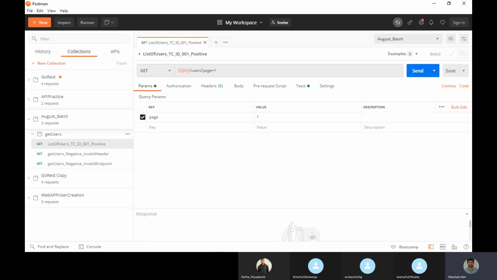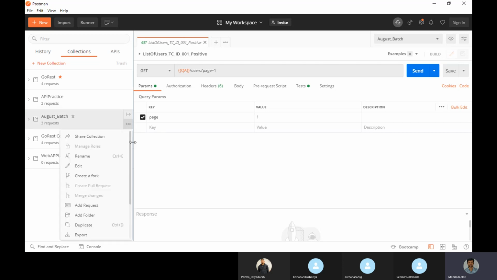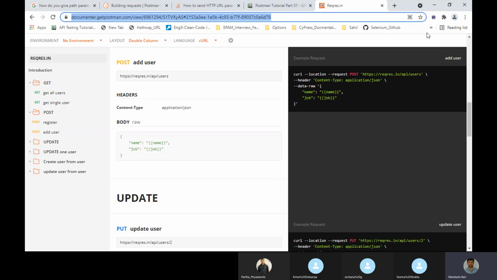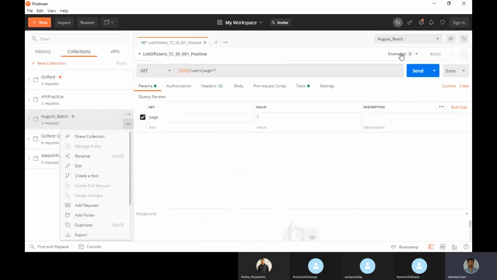Try to do a few cases from the positive side. I will send you this collection. In the same collection, try creating a few cases from the Excel sheet I sent you yesterday. Try to do them for POST. The next endpoint is creating users.